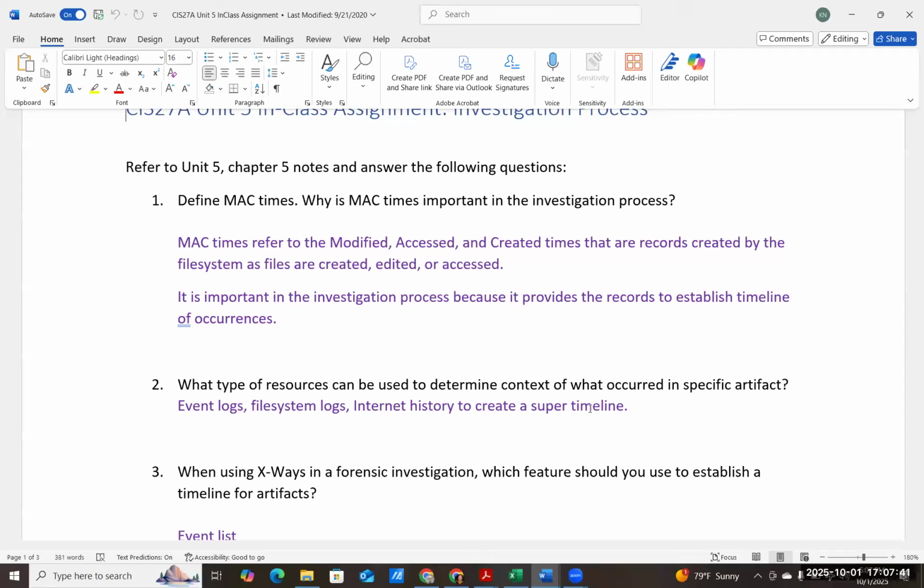So if you are given a laptop, you want to take an image of it, like what we've been talking about, and then evaluate the image and look at the drive, like what we did last week, and look at the files within the drive. So the files that were created, edited, and accessed. And it is important in the investigation process because it gives you records to establish a timeline of events or occurrences